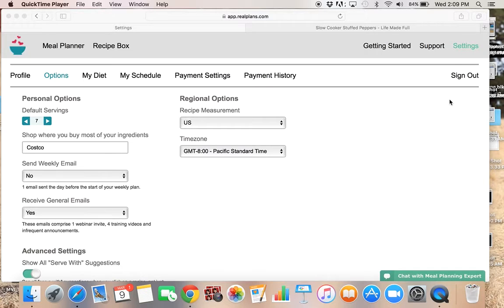from feeling completely overwhelmed with meal planning, which is kind of how I felt because I have tried a lot of different meal plans. And I usually do great with them for a few weeks and then end up totally falling off the wagon because it just gets so overwhelming and it almost takes me more time to plan my meals than it would to just fly by the seat of my pants and come up with something at 4 o'clock. So I am hoping that you love this as much as I do, and I think you're going to because this